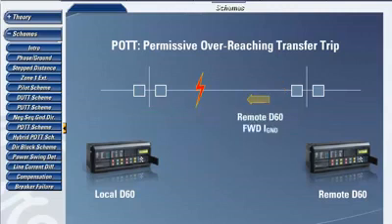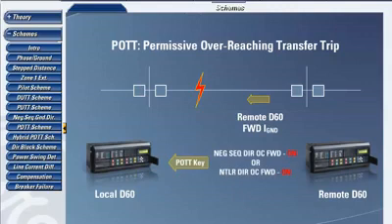The second condition under which the remote relay will send a permissive key is when it detects that ground current is flowing in its forward direction. Therefore, the remote relay's forward negative sequence directional overcurrent element, or its forward neutral directional overcurrent element's operation, will also cause the remote relay to send a POTT key to the local relay, in addition to the overreaching Zone 2